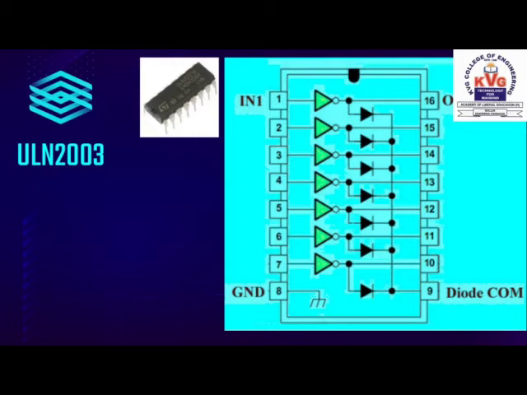The IC ULN2003 is a driver which is used for interfacing the motor with the 8051 microcontroller. It acts as the isolator so that the motor does not load the microcontroller. It is a high voltage, high current Darlington array containing 7 open collector Darlington pairs with common emitters. Suppression diodes are included for inductive load drive. Output voltage is about 50 volts and output current is about 500 milliamps with a maximum of 600 milliamps.